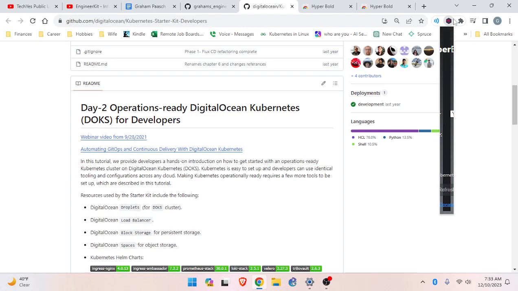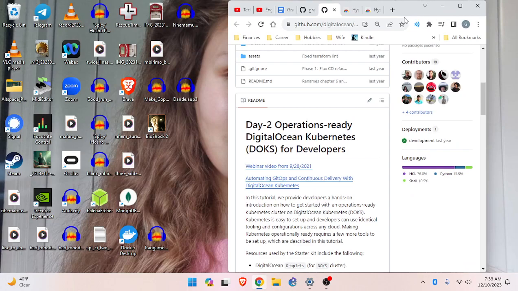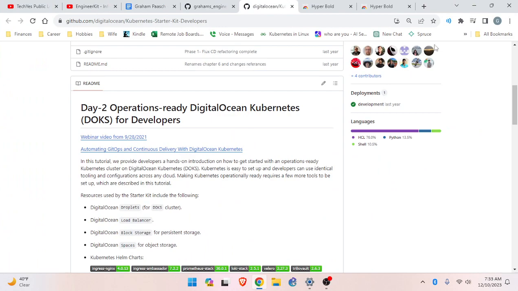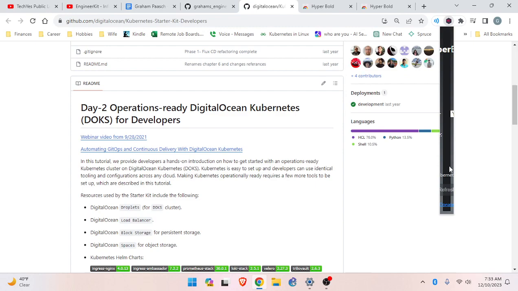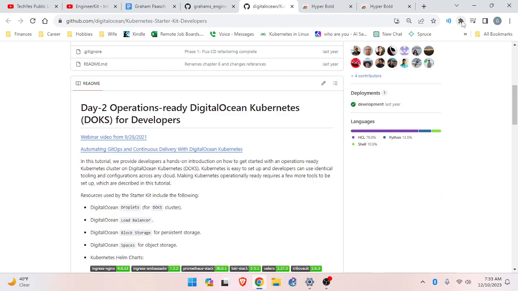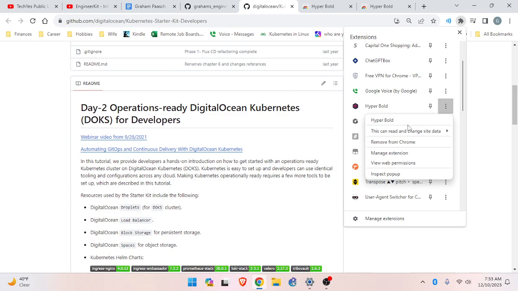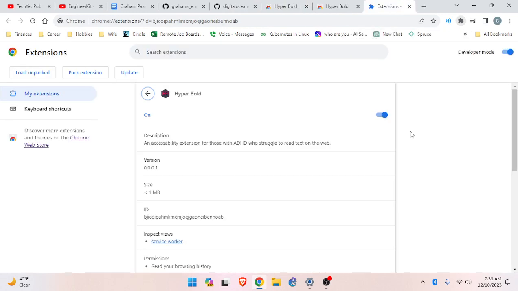There's really nothing I can do with this menu that didn't render properly. I could try maybe shrinking it down and seeing if that fixes it, and then expanding it, but it looks like it's just this menu doesn't work. So I see a refresh button there. I can try clicking that. Doesn't do anything. I see, I can change the color options here. I can do some things in this menu, but yeah, the extension just is completely broken. So I'm going to go ahead and uninstall that again. And unfortunately, it was an exciting extension for me.